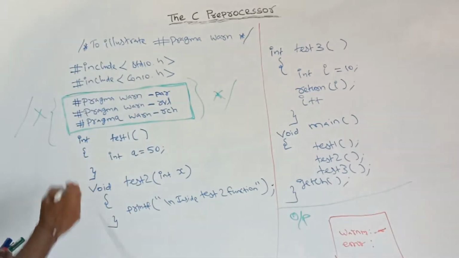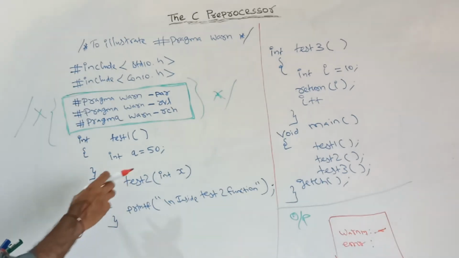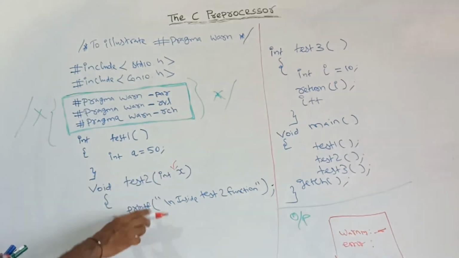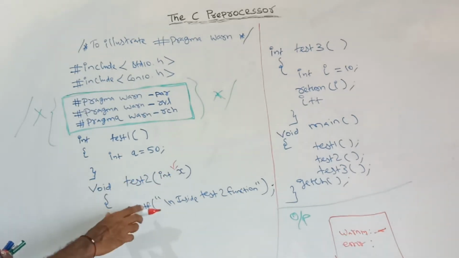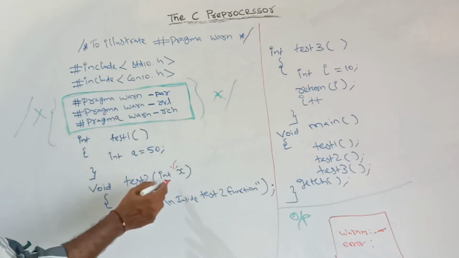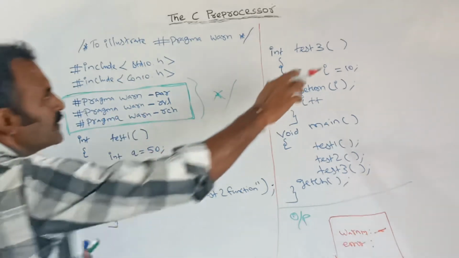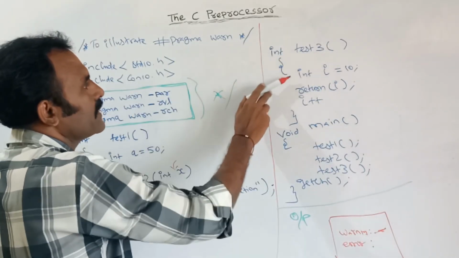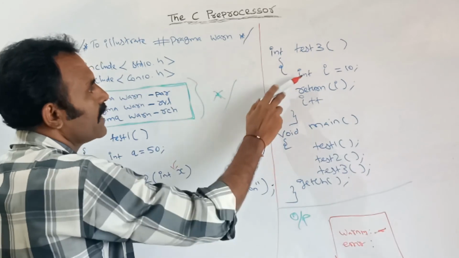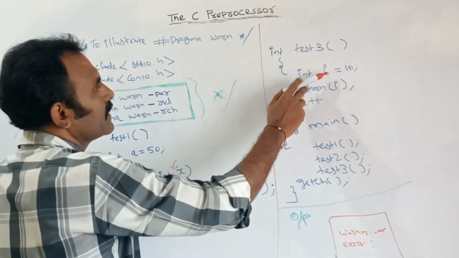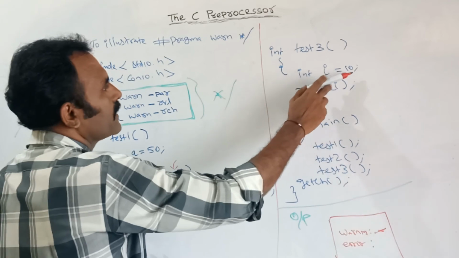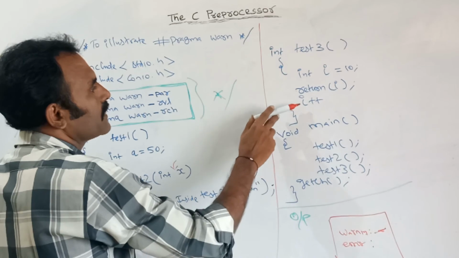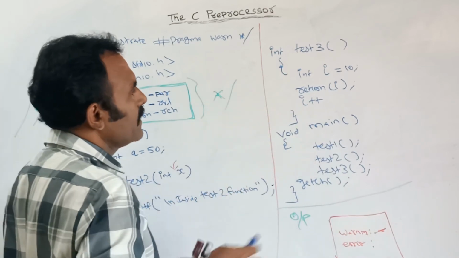This is one kind. Next one, in this function I am getting a parameter, but I haven't used this parameter inside the body of the function. So here this is the parameter not used warning. Next, I am creating the function test3. Inside the body of test3 I have declared a variable i. Here I am getting the value 10 and I am returning this 10. Next, I am incrementing the i value.